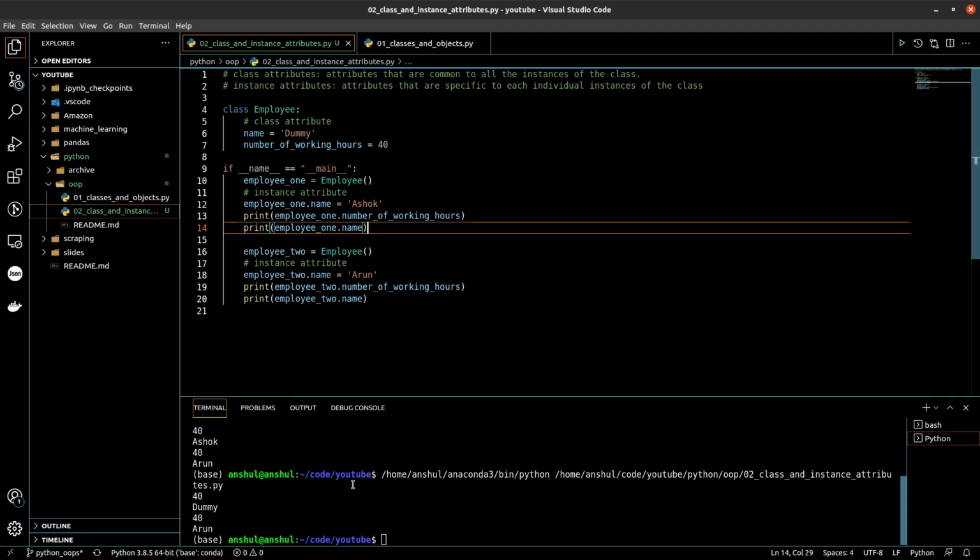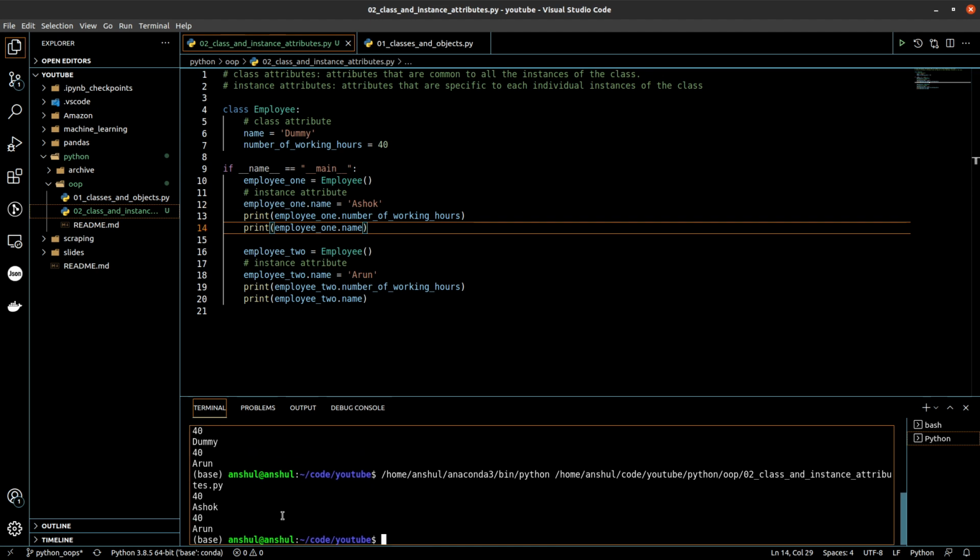If I want to check that, if I again enable this instance attribute here and run it again, you will see that now it is returning the correct instance value for the name. So the order of execution is, any time an attribute is accessed using the class object, the first thing to check is whether an instance attribute exists with the same name. If that is available, then that will be returned. Otherwise it will look for a class attribute with that name and return the class attribute.